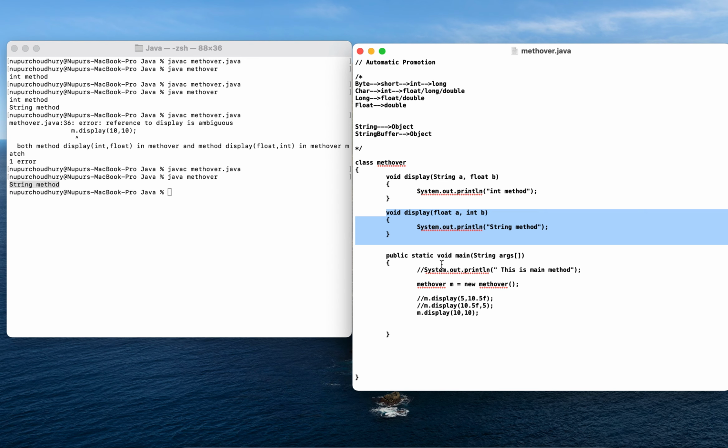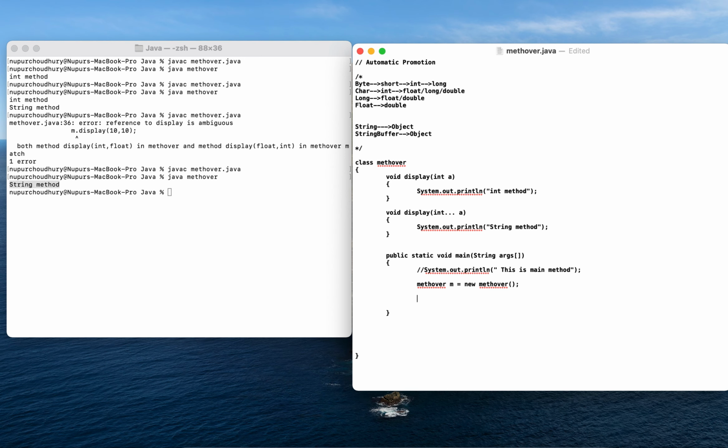And one last concept that we have in case of overloading is when we are using the var args. Okay, so this is a new addition to Java. Var args, basically, let me just keep it simple. So void display, I'll keep it as int a, and this is the integer method. And here I will be using int ... a. Now what this 3 dots means is that it will be accepting 0 or